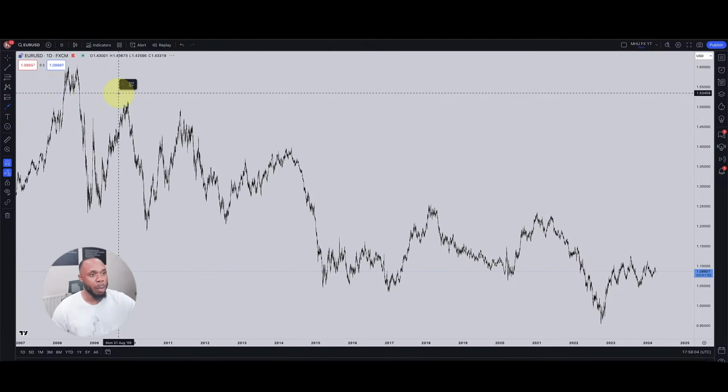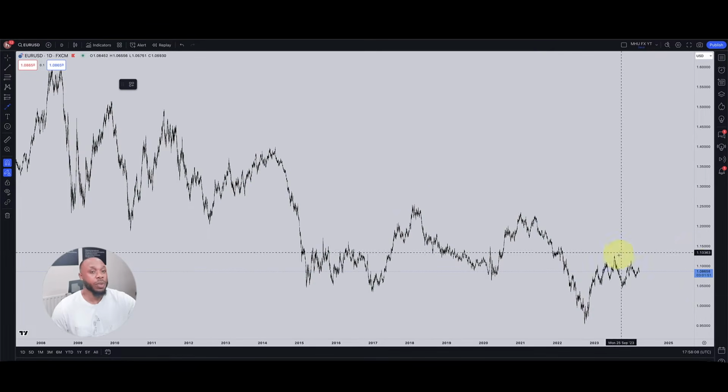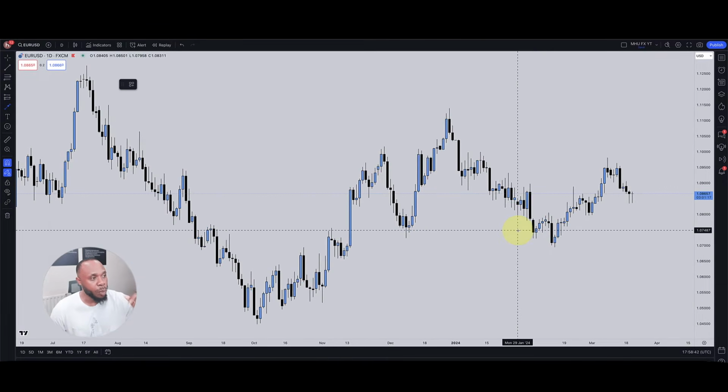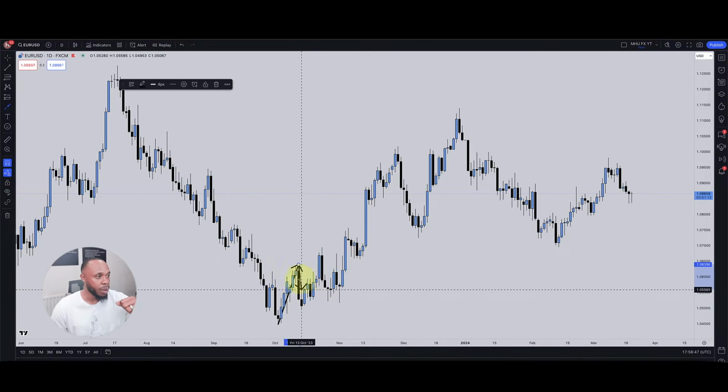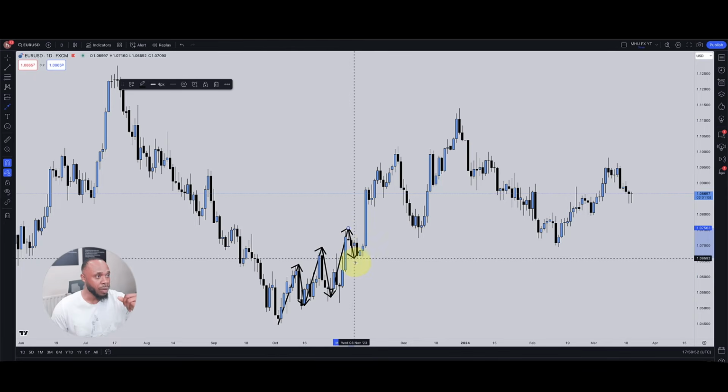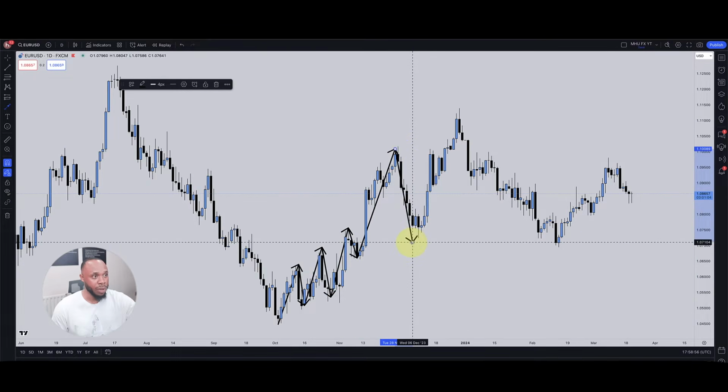I don't need to zoom all the way back here. I already understand prices dropping for Euro USD. So now when we zoom in, what do we see on Euro USD? We see price make a move up, a move down, a move up, a move down, a move up, a move down. Then we have a large move up, all of this, and we have a move down. And then I'm just going to do it anyway. We have another move higher, so another expansion higher.